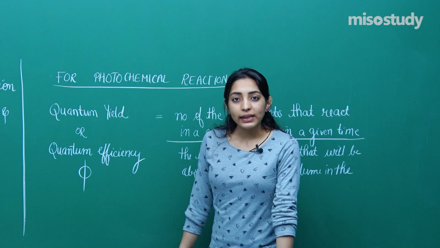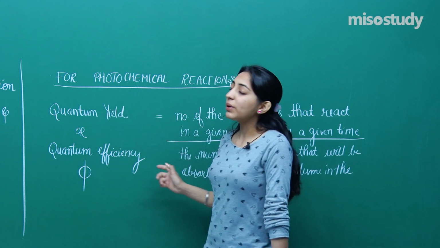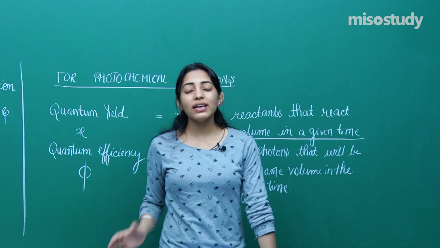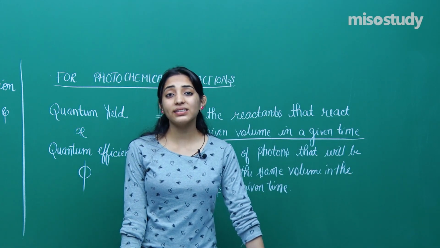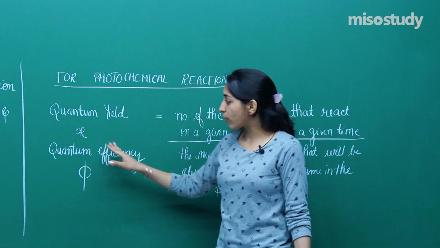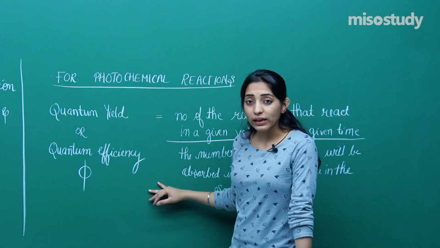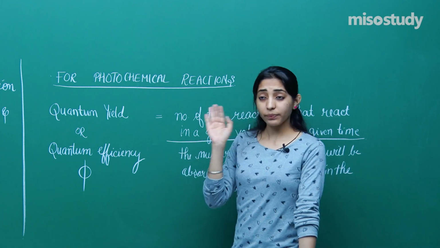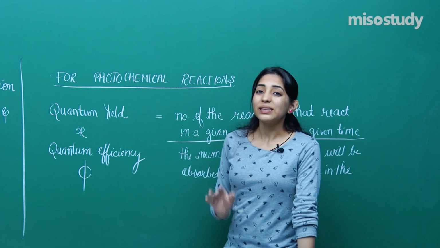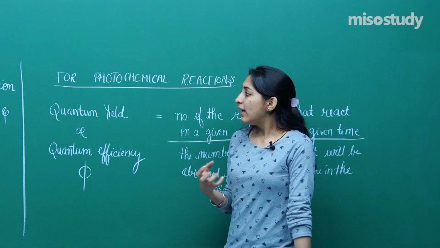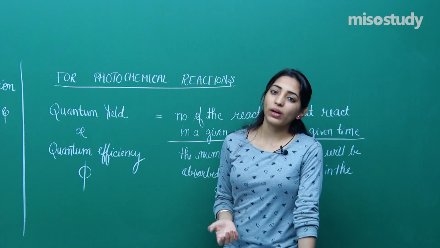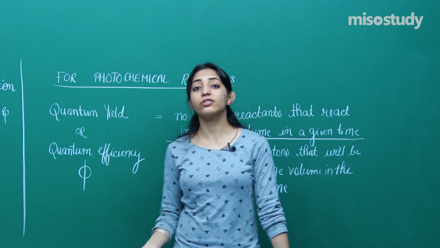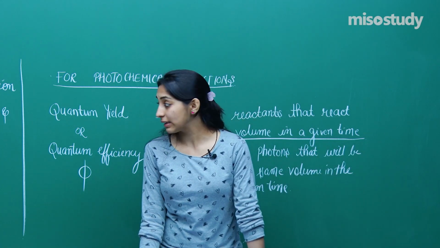Now listen to me very carefully guys, these photochemical reactions are really not very important for the JEE syllabus. It's just that if a question is asked in the exam related to photochemical reactions, it can be related to quantum yield, quantum efficiency, the frequency, or simply the general things about photochemical reactions. You just need to remember that many photochemical reactions follow zero order kinetics.